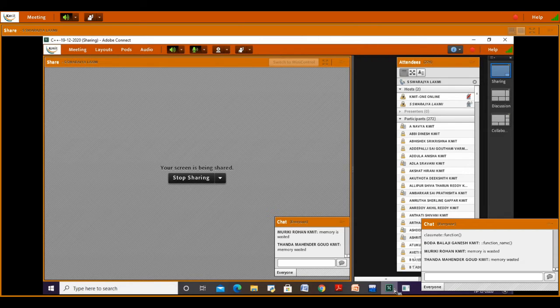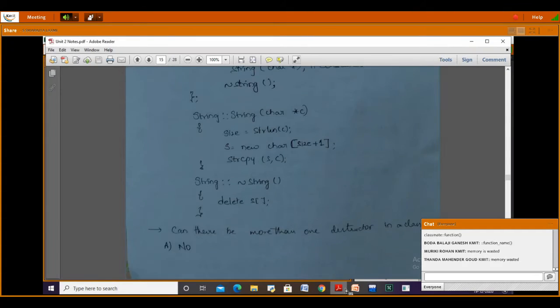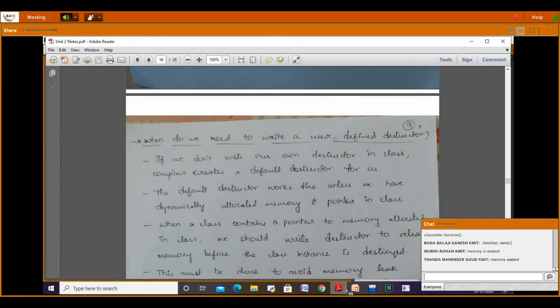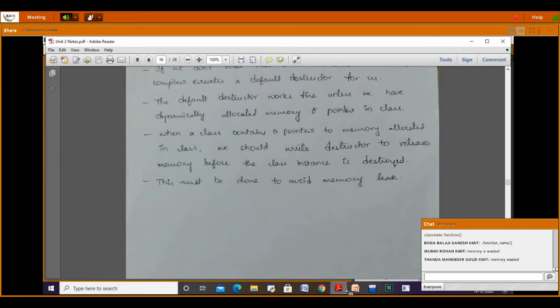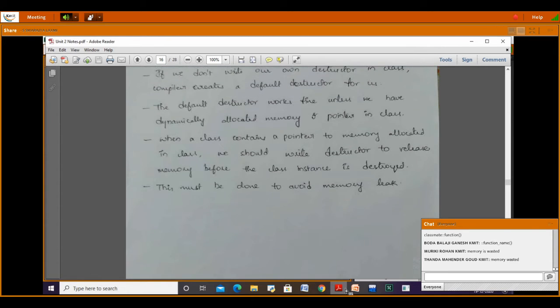So the memory gets wasted there. That we call a memory leak. To avoid memory leak, we are going to call a destructor. We should write a destructor in order to avoid the memory leak problem, right?